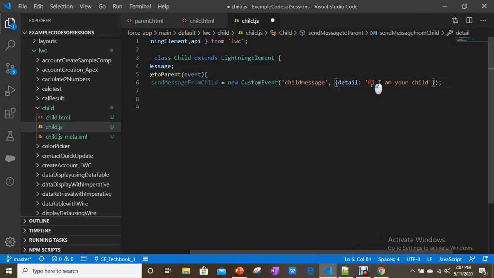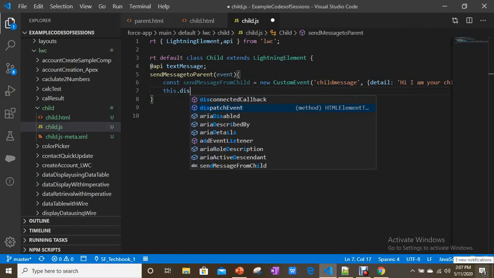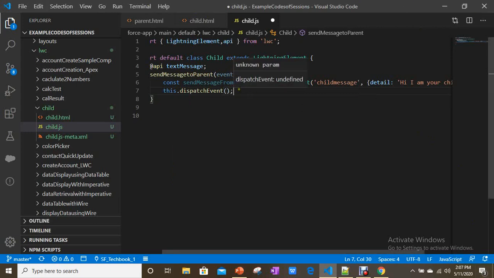For the detail property I am giving "hi, I am your child" as a message. And to dispatch this event you have to use the this.dispatchEvent method, and give the variable name here.